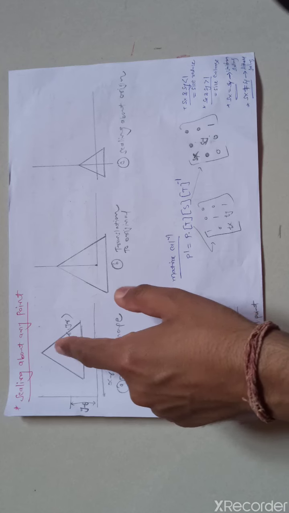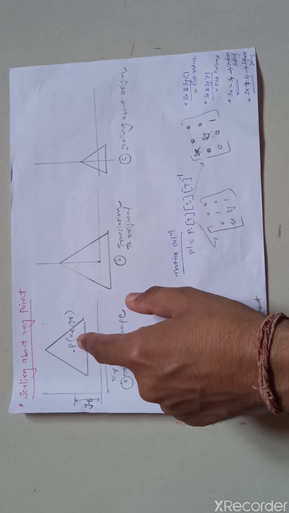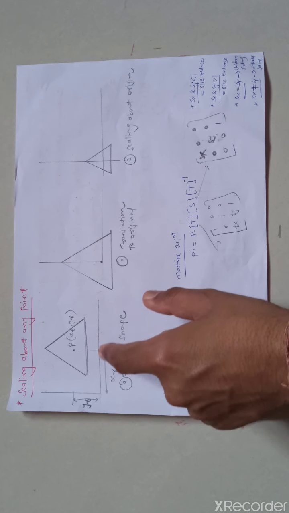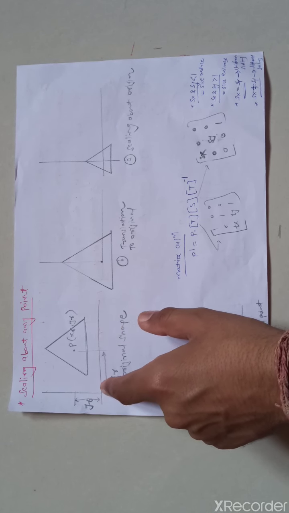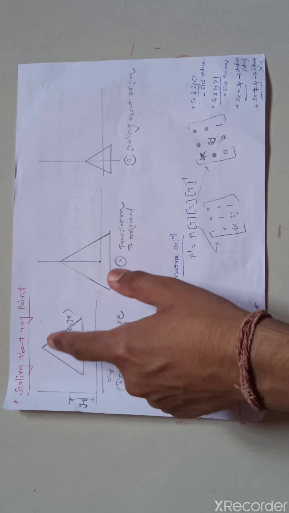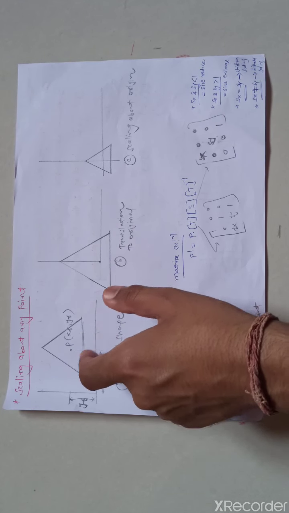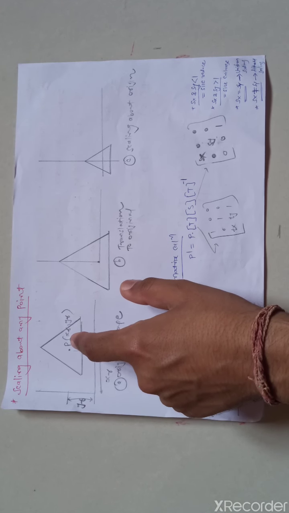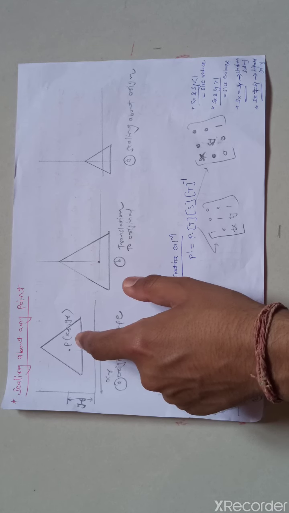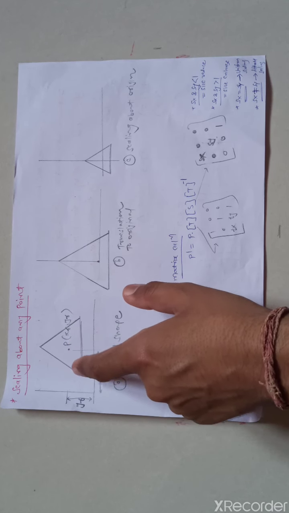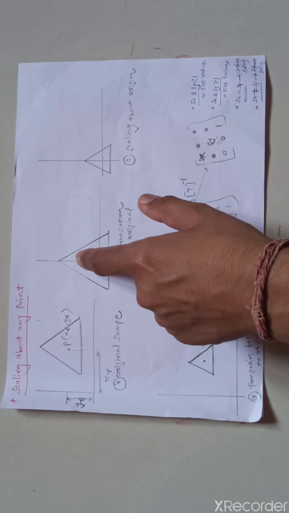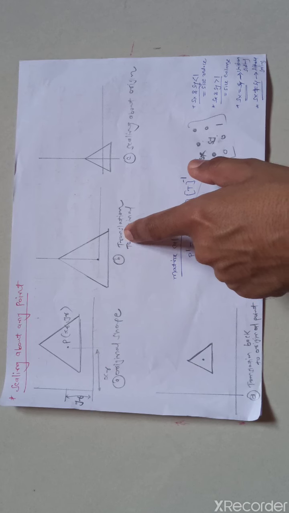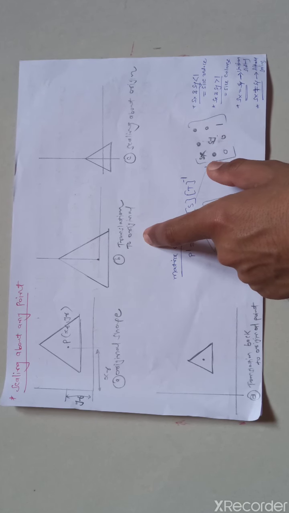Here the triangle is, now P point is given by xr distance away from the origin in x direction and yr distance away from the origin. Now we want to scale this triangle with respect to the P point. So the reference point is P, so we move this P point to the origin in the next operation. In this operation we simply move this P point to the origin, means we perform the translation operation.